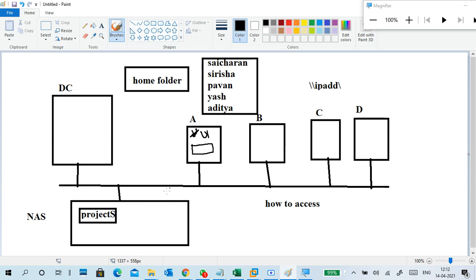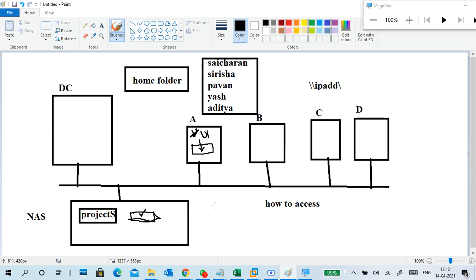I want to store it somewhere else, not in the profile. Wherever the user logs in, there is a mapped drive, and only in that mapped drive will he save the data. So the data will be stored in a central location, and anywhere he can log in and access his same data.